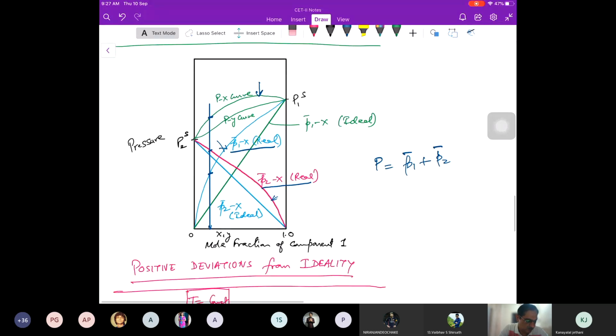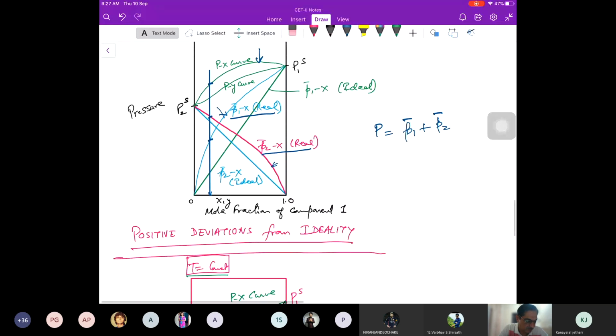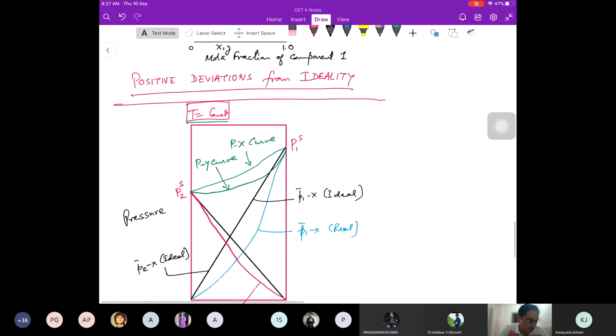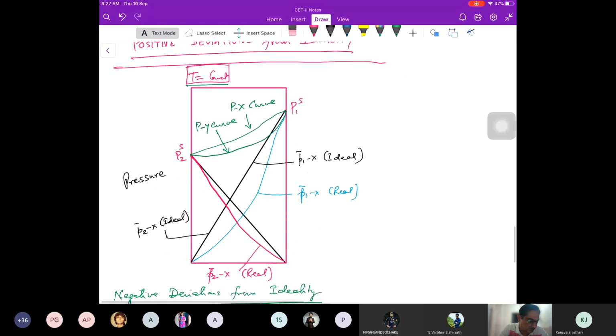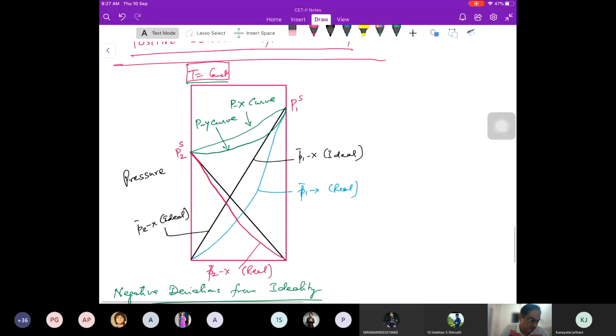Any doubts on this before we proceed further? Okay, अगर नहीं है तो let us see. Negative deviations में क्या होगा? Same thing. We plot the partial pressure